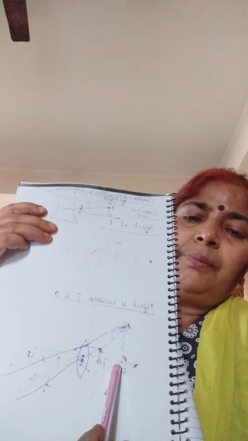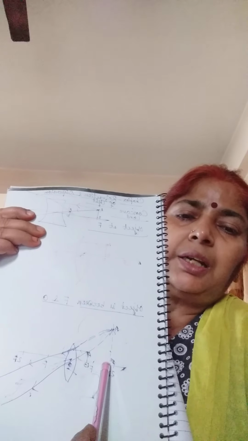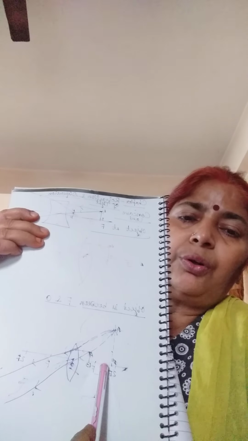Okay children? So you can see, children, only in one case in convex lens the image is virtual. In the rest of the cases the image is real. Now you may be asked, does a convex lens form a virtual image? You can say yes. A convex lens may form a virtual image. When does it form a virtual image? When the object is placed between focus and optical center. This image is virtual, erect and magnified. So you have studied all the cases in convex lens.